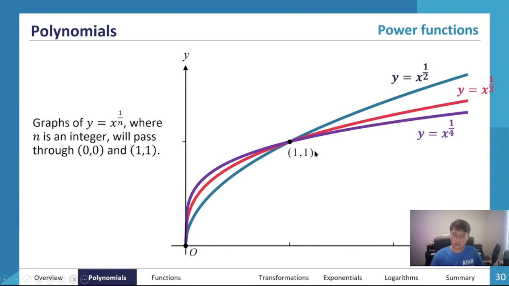So we've got x to the half. You can see that it doesn't rise very drastically, but it still does rise, and then it takes longer to peter out. Whereas x to the 1 over 4, it rises very drastically, and then it peters out a lot more quickly. Note that all of these graphs will pass through the point 1 and 1. So no matter what n is, whether it's odd or even, as long as it's an integer, it's going to pass through the point 1 and 1, as well as the origin. Okay,